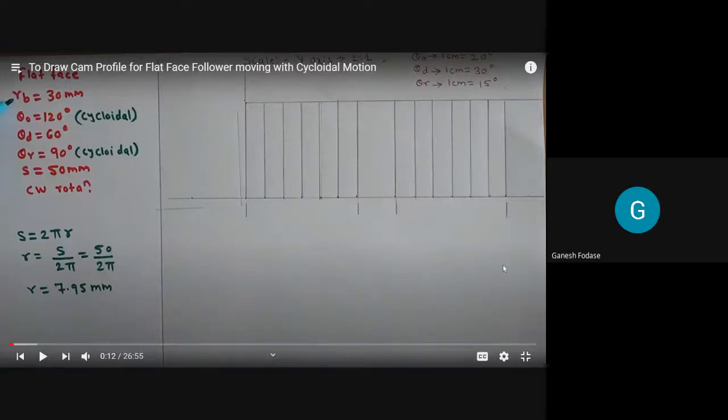So before proceeding for drawing the displacement diagram, this is your given data, and we just took a scale on x and y axis. Is it clear up to here? Yes, sir. Okay. So the question is where to draw this rolling circle. You can draw a rolling circle by joining this diagonal also, anywhere on this diagonal, or we can draw anywhere on this x-axis. So you can see here now how this rolling circle is drawn.